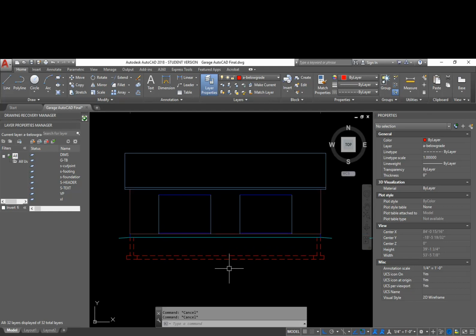Okay, so the next thing would be to start adding all the different detail to these elevations. So we could work on the door, showing some detail. We could add roof, siding. At this point I'm going to start making some layers. Layer, make A-siding, and I'm going to make that color 15 as well. I want thin line,